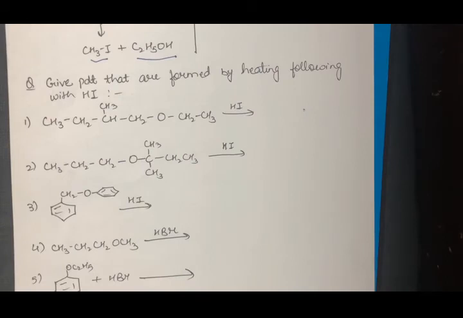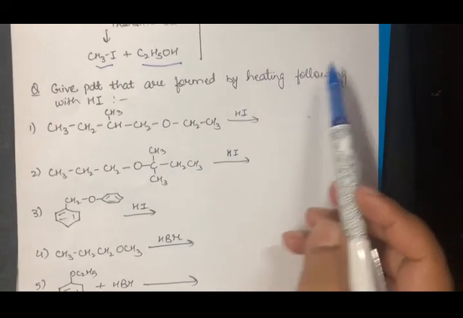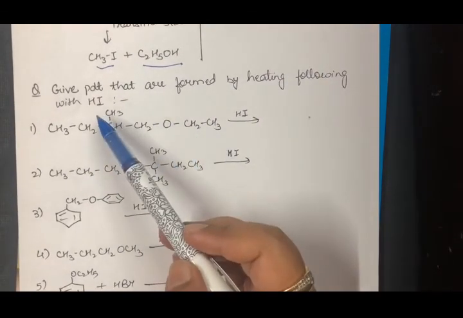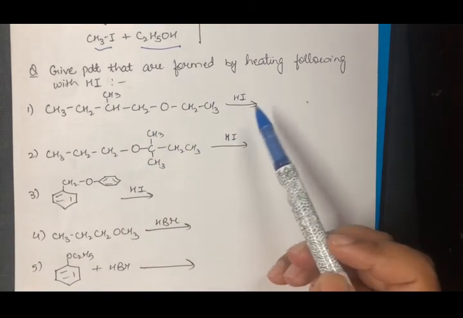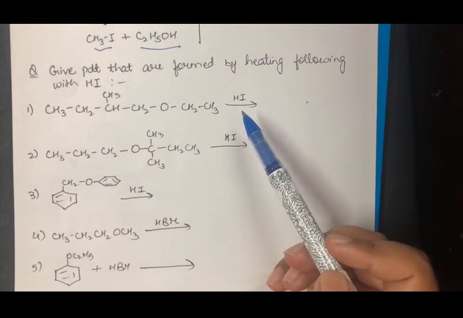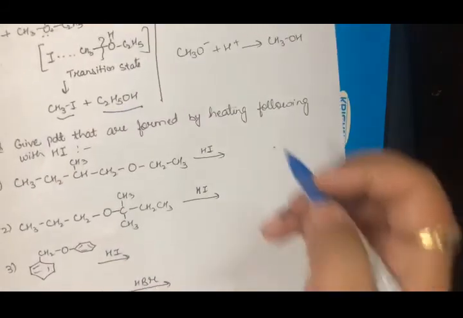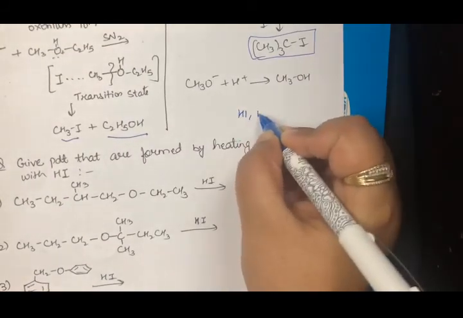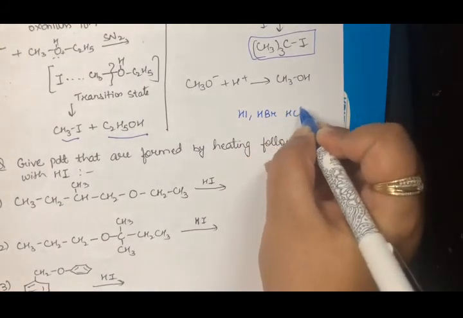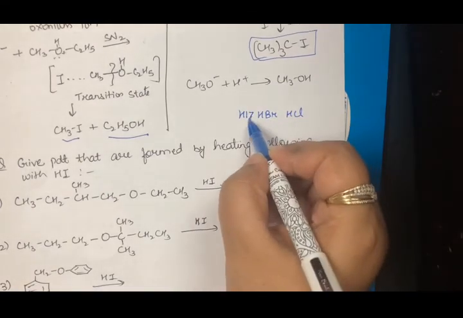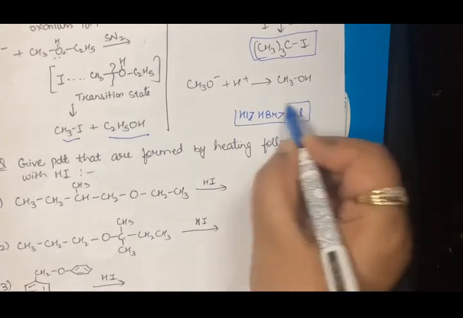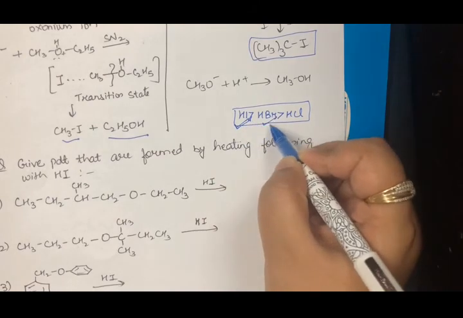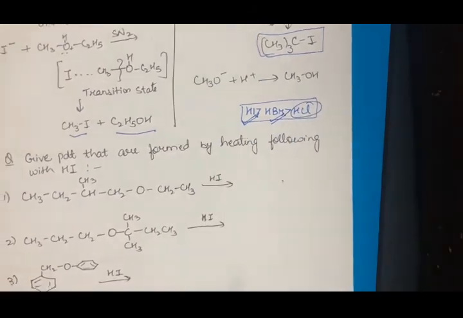In this question, you have to write down the product that would be formed when you treat the given ether with HI. Now also I would like to mention here that since the topic was that we can add any halogen halide, I have the possibility of adding HI, HBr and HCl. And we say that the ease of the reaction is maximum when it is done with HI, then with HBr, and least with HCl, right?